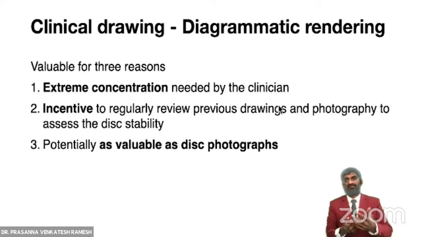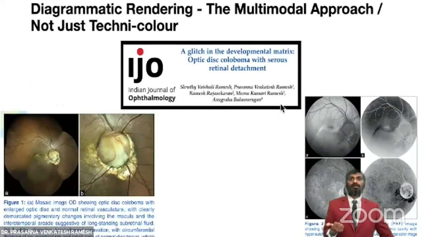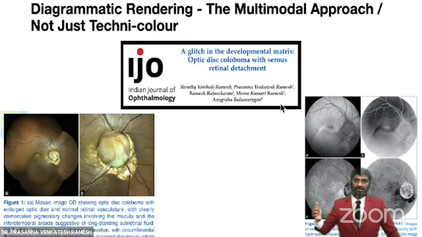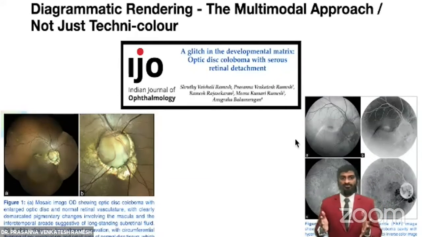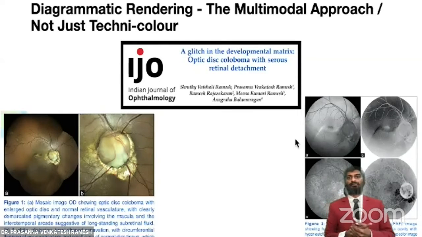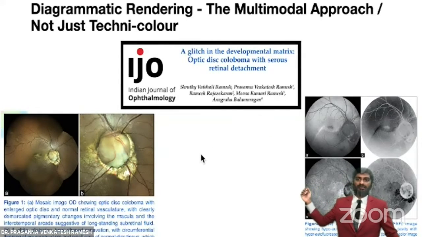But is it really going to help us is another point that we are trying to emphasize here, because for a high volume practice, it is sometimes a concentration element, and there is also a chance of intra-observer variability between two persons drawing the same picture. That is where the fundus photograph has come by leaps and bounds, and not just a drawing. With fundus photograph, we have the multimodal approach. This multimodal approach is another approach from a general ophthalmologist point of view, or being a posterior segment person. This is another paper of ours in the Indian Journal of Ophthalmology, where you can see that we can have a mosaic image, we can have a zoomed examination of the particular disc, and we can also do fundus autofluorescence images and infrared images too.